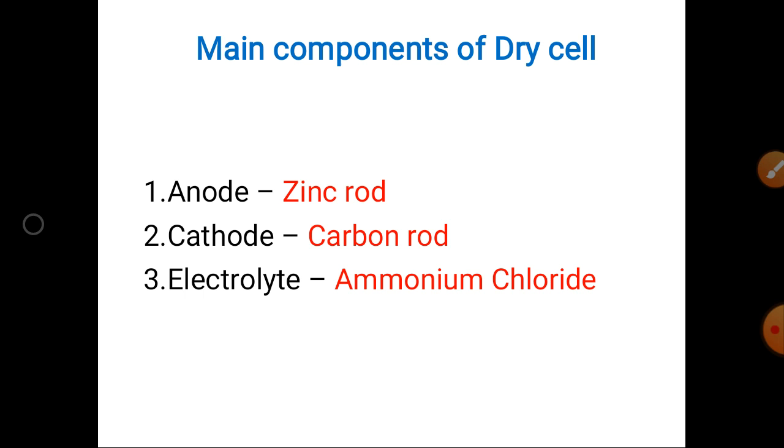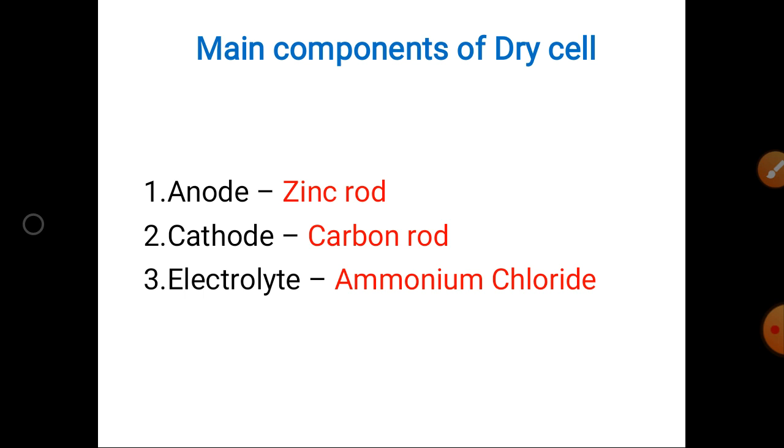Inside the dry cell, what components are available? The first one is the anode. It is normally a zinc rod, and the second one is the cathode. It is a carbon rod, and the third one is the electrolyte. It is the powder of ammonium chloride, and also carbon, manganese dioxide, and zinc chloride are used as